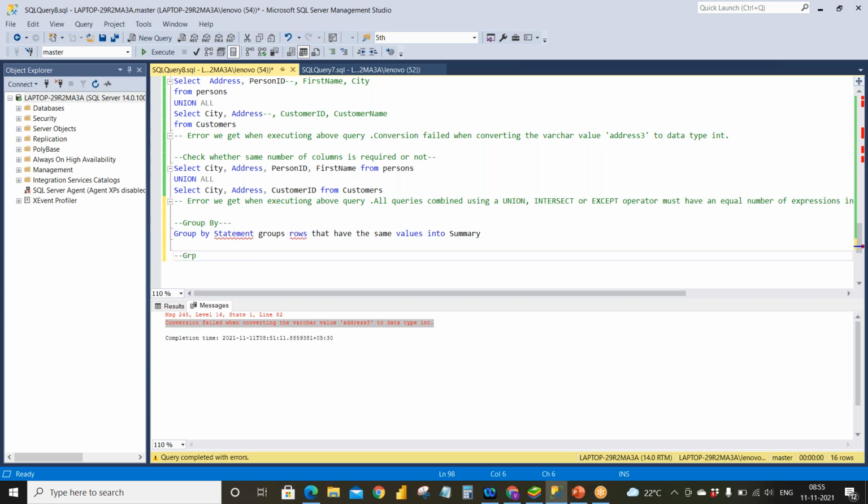We use it with functions like COUNT, MAX, MIN to group the result set.